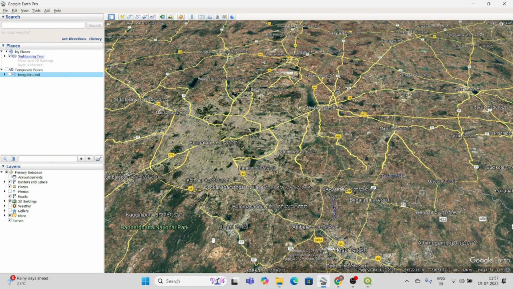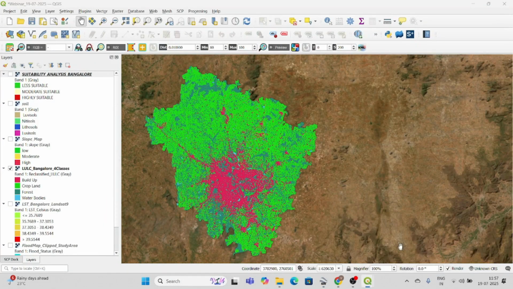Okay, and you have to think, can I actually build here legally? Now I had given you a suitability analysis. That doesn't mean it is legally approved, right? So next you have to think about whether it is legally approved or not, and whether it is a good choice for a residential area. Does this match? In this particular area, will I be able to survive here? These are the things you should think before starting your project.